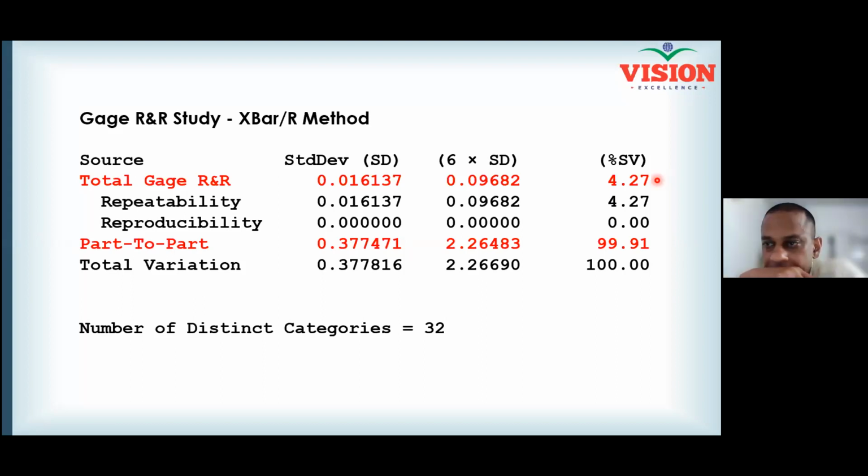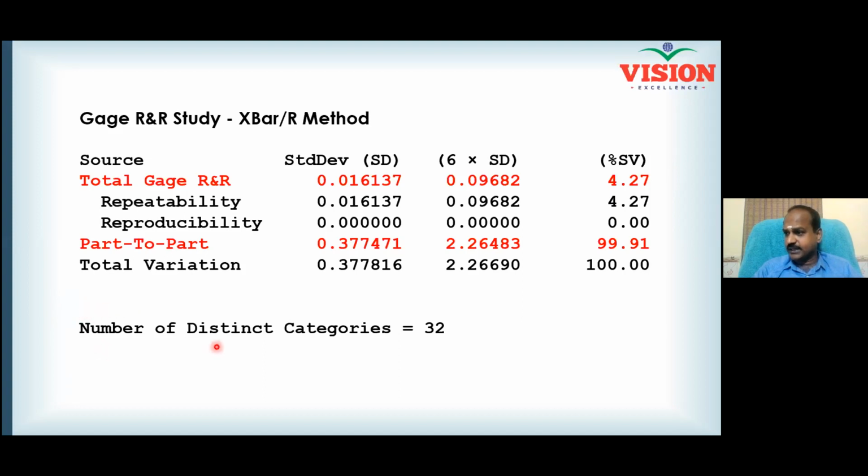Your readings can have an error of 1 mm, not more than that. If your process is working between 95 and 105, the range of your readings is considered the tolerance, and 10% of the tolerance should be the error, which is called gauge R&R. Right? And then there is one more thing here called the number of distinct categories, NDC.